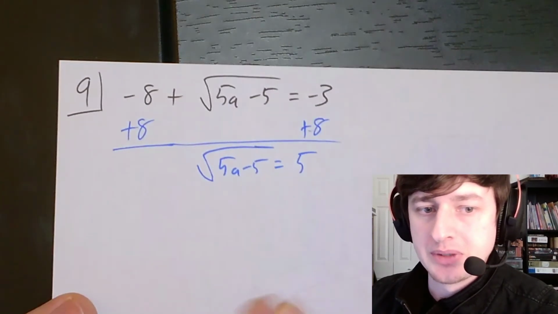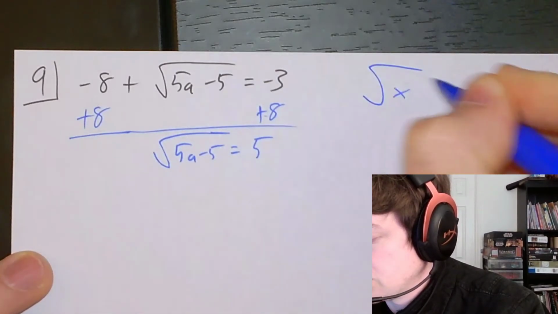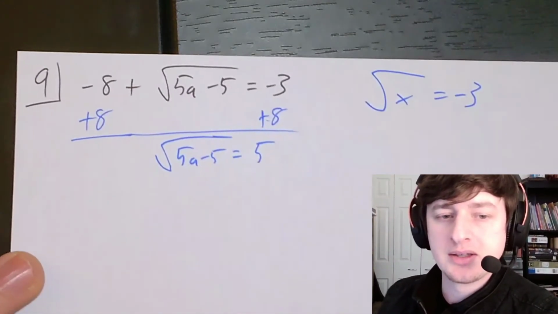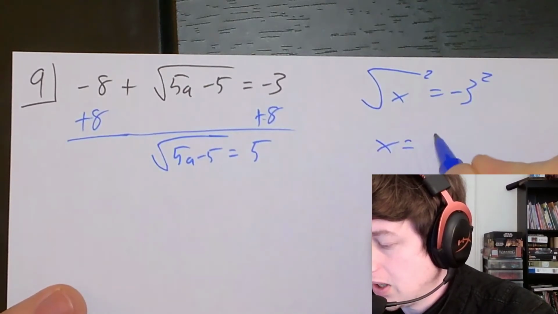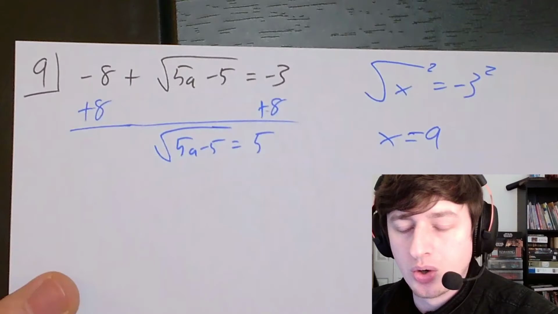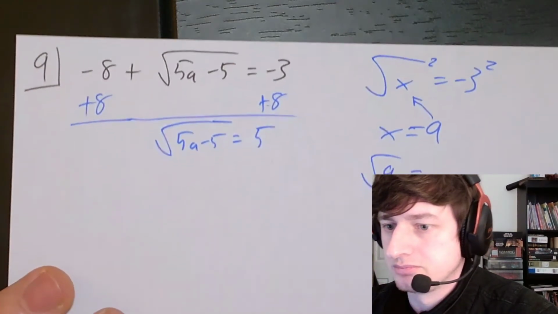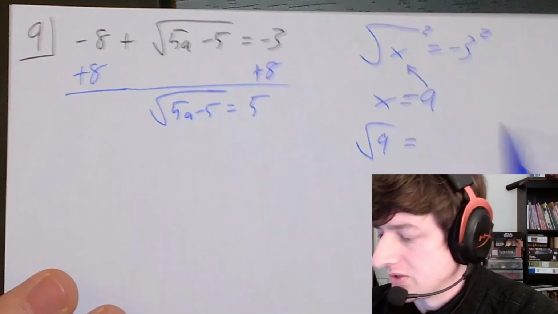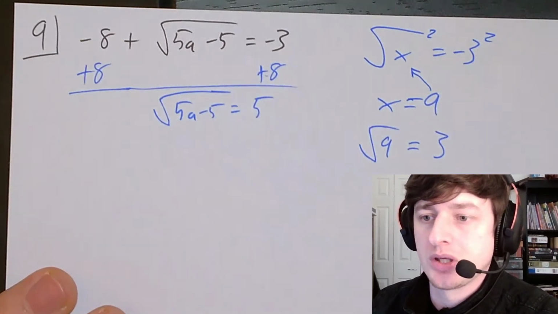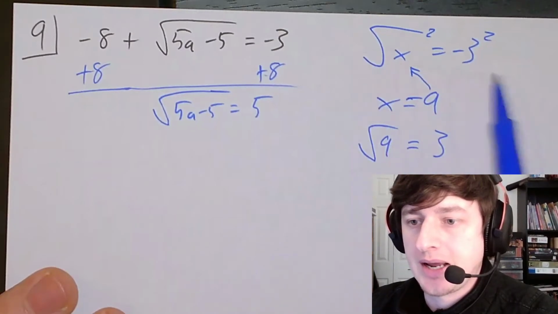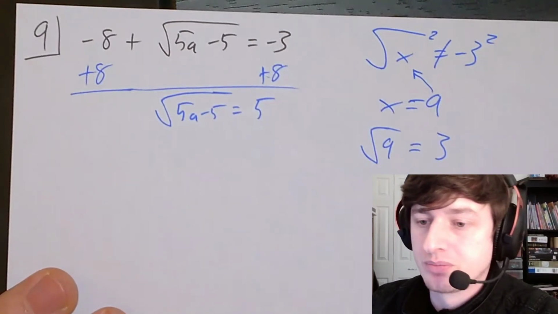Hopefully that makes sense because, before I go on to another problem, right, if we have the square root of x equals -3, our initial idea here is, oh, we just square both sides, right? Square both sides. We get x is 9 because -3 times -3 gives us 9. But if I plug this back in here, the square root of 9 is not -3. The square root of 9 is 3. It's only when we're doing like x squared equals something that we get positive or negative. When we're doing square roots, it has to equal a positive number. So this does not work. Really, there's an imaginary number here that works, but